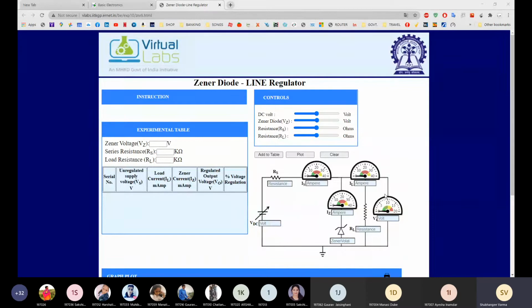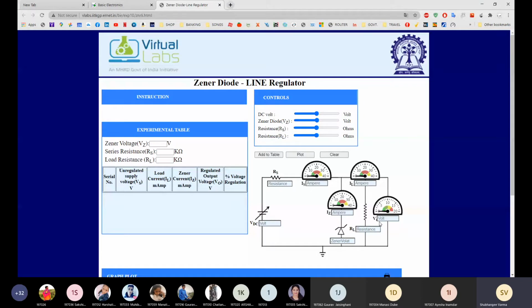There are 2 meters used. Which are they? Yes, Devang, correct. Devang, how many meters are there? Only voltmeter?